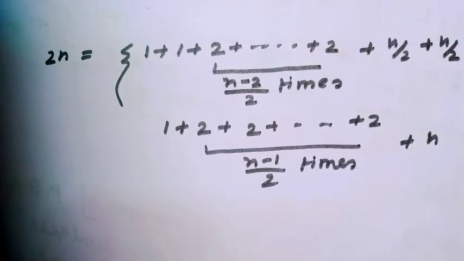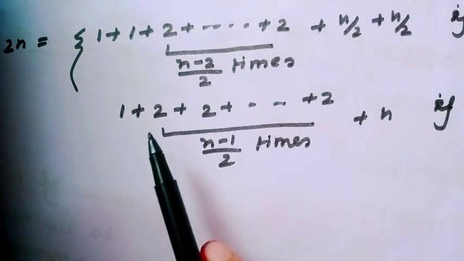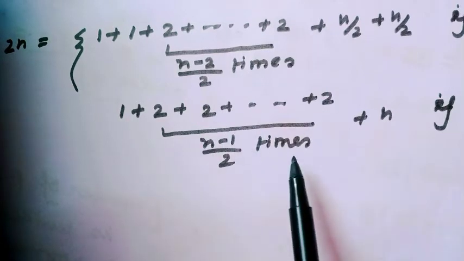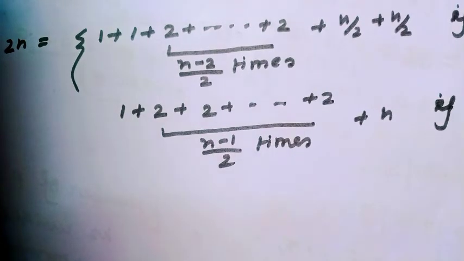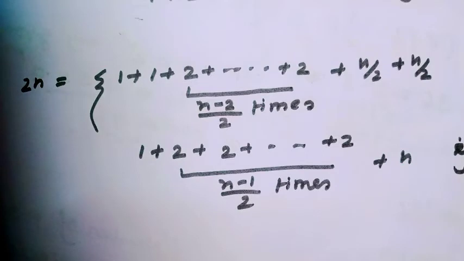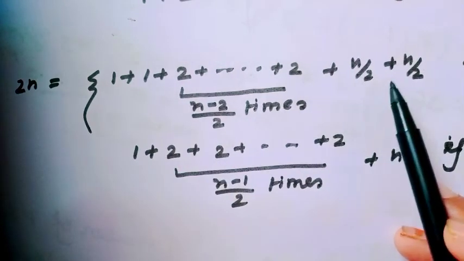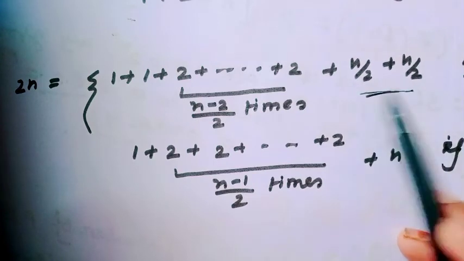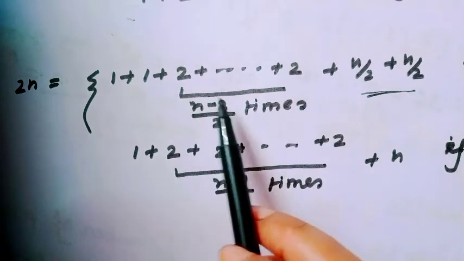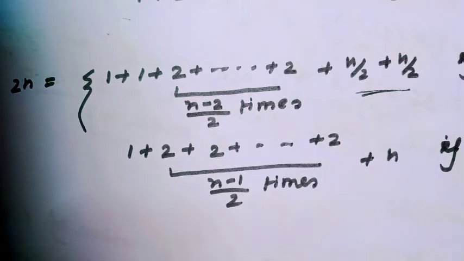Then the class equation of Dn when n is odd, I have seen: 1 plus 2 times (n minus 1) over 2 plus n. This is the class equation. But when n is even, since the order of Z(G) is 2, this would be 1 plus 1 and the other n over 2 plus n over 2 here. And for this, 2 plus 2 times (n minus 2) over 2. This is the class equation for n an even number.